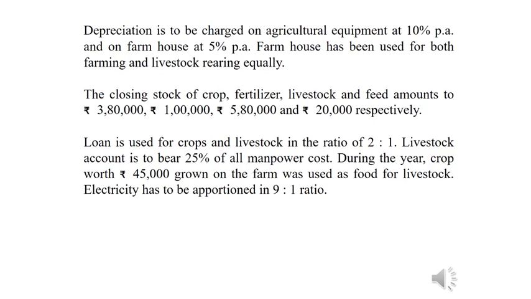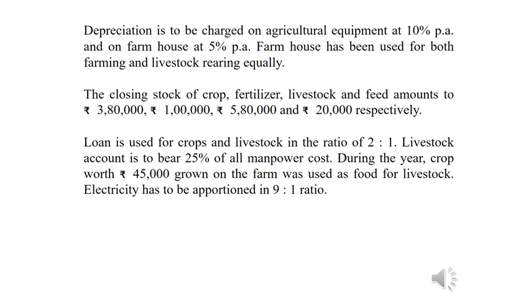Then during the year, crop worth ₹45,000 grown on the farm was used as food for livestock. You did this while preparing crop account and livestock account. So crop worth ₹45,000 grown on farm was used as food for livestock. So this item will find place on both accounts, under one account as an expense and other account as an income. So crop worth ₹45,000 grown has to be recorded as income under crop account and